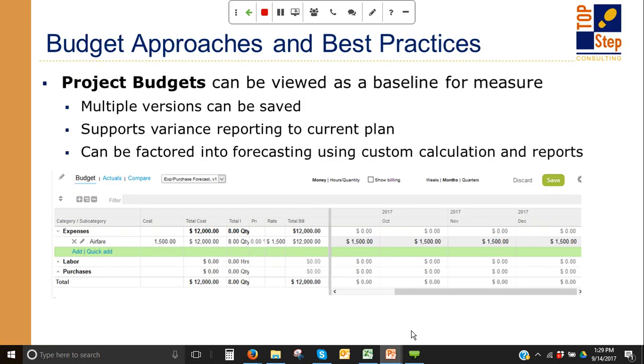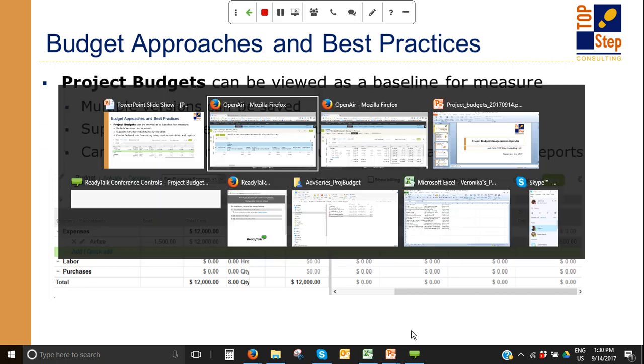Now, I also consider using the project budget as like a baseline. So there is a baseline feature in OpenAir. The baseline feature sort of snapshots the task plan, and you can run variance reporting from it. But really, the benefit of a variance report is seeing what was the original value versus the current value. Even if they're matching, I want to see them side by side. And I view the project budget feature as almost something like that, where I can go into the project,